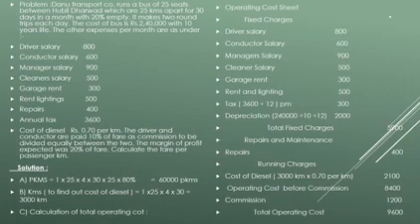And then running charges. Under running charges we have to show cost of diesel. Cost of diesel is rupees 0.70 per kilometer, means 70 paise per kilometer. So the total kilometers we have calculated 3,000. So 3,000 into 70 paise, that is 0.70 per kilometer, is equal to 2,100. So 2,100 is the cost of diesel per month.